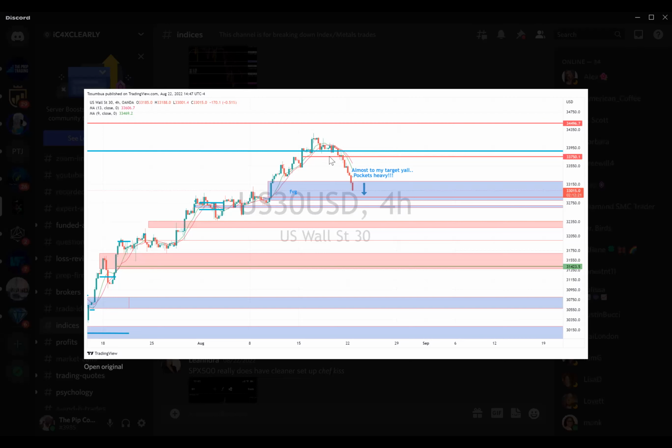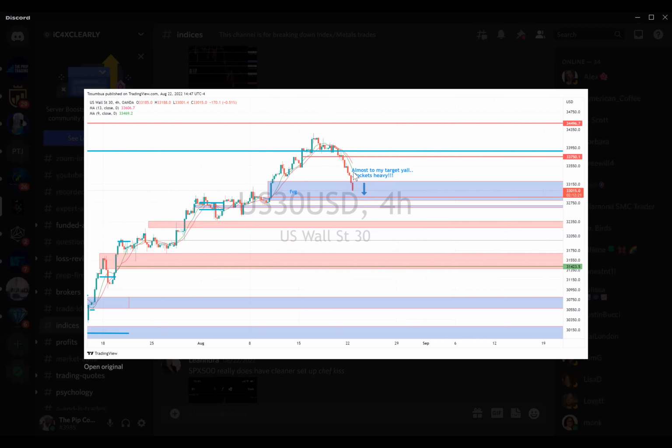Like this chart, this was the move down. I knew it was going to hit this line, then I knew it was going to retrace. The level that I had it retracing was right in here. There's an order block and an imbalance right here. So all you have to do is identify. We can't really zoom into this chart, but